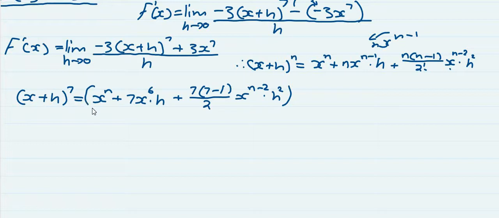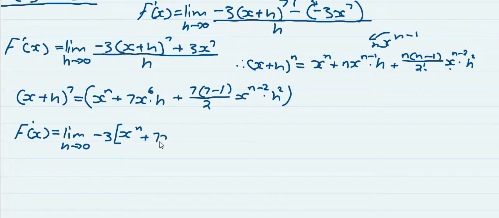Then we expand (x plus h) to the exponent 7 to 3 terms and then substitute. I will continue with the limit as h approaches 0 of minus 3 into (x plus h) to the exponent 7 over x to the power n plus 7x to the exponent 6 multiplied by h plus